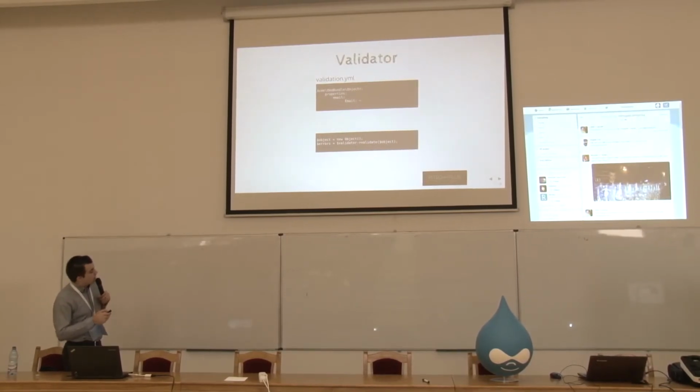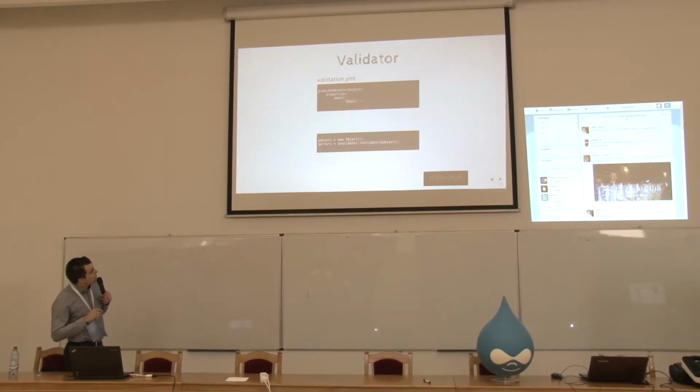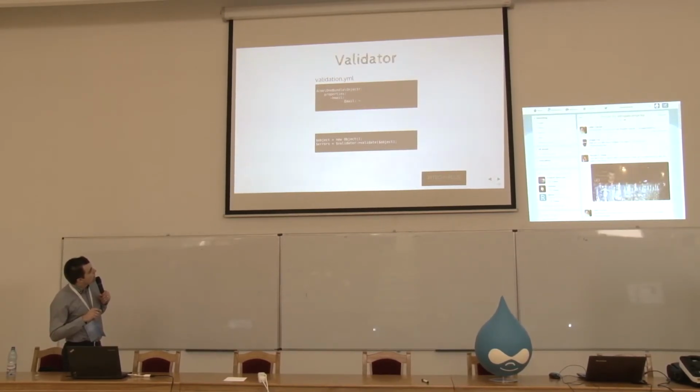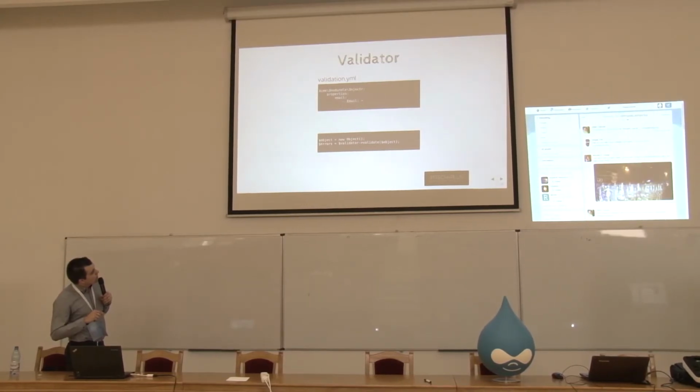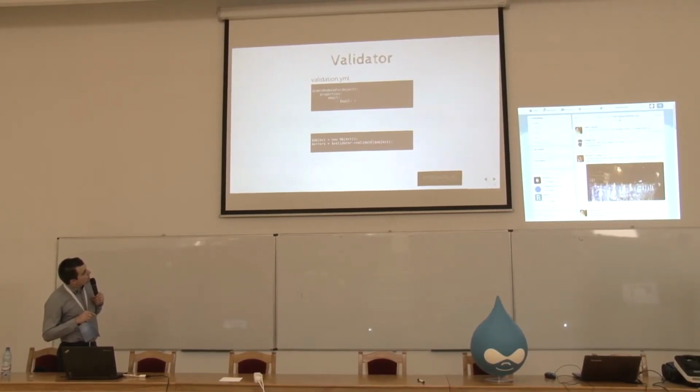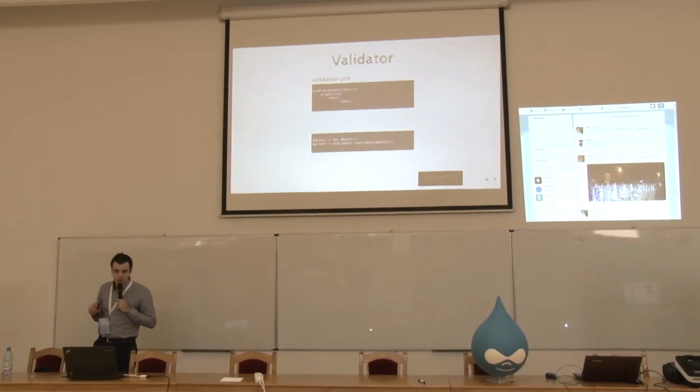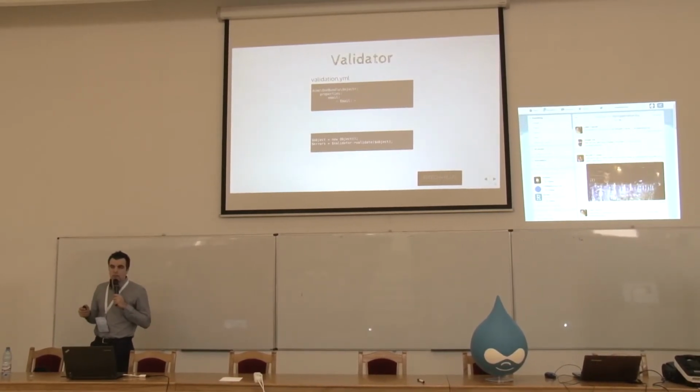You can define the validation like this on a plain PHP object. You have one property on which you set a constraint. This is a constraint, and you only call the validator component and validate the object, and that's it. And this will return a list of